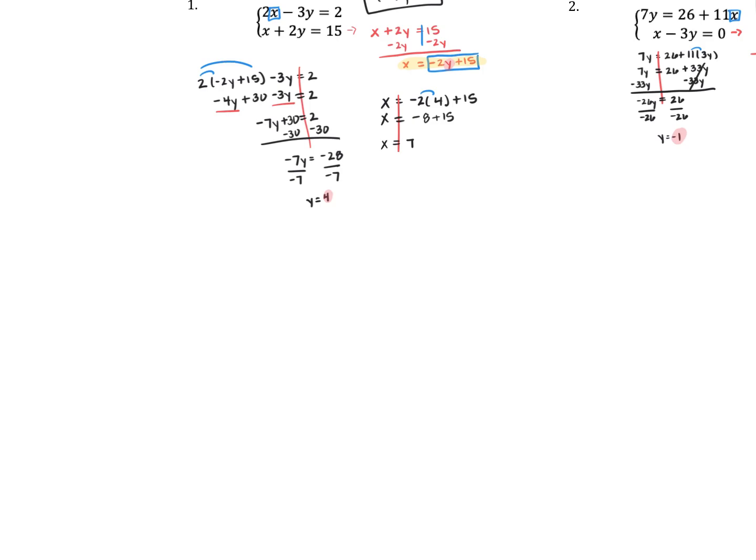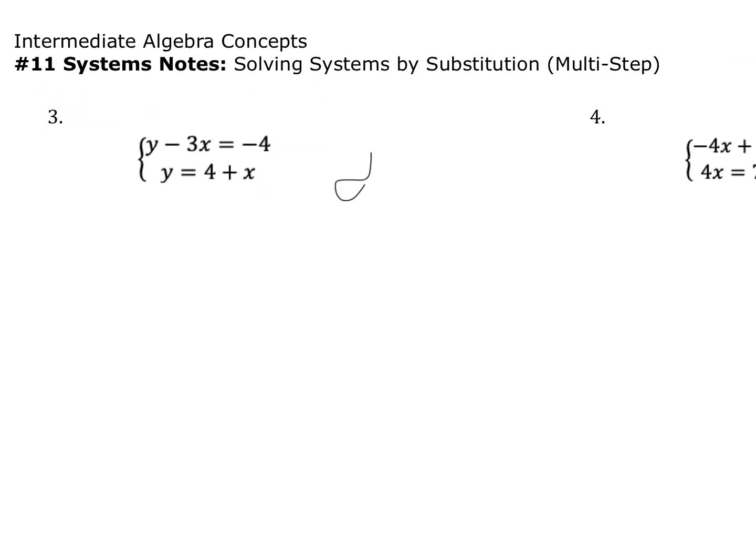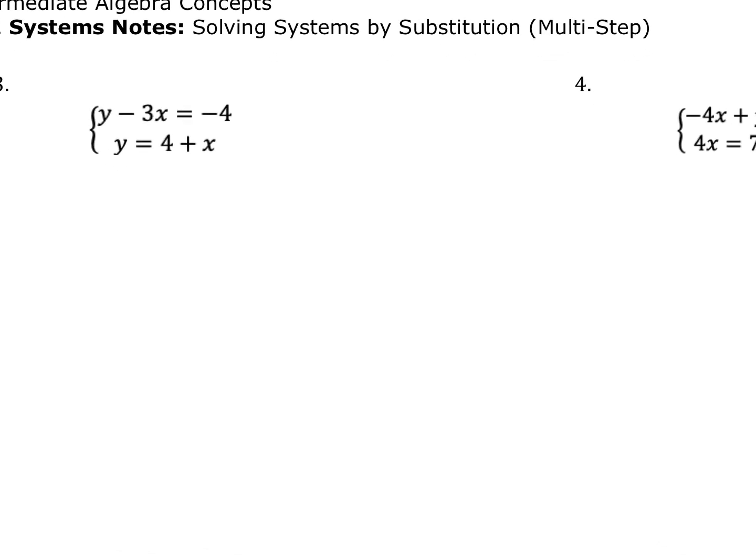Oops, we're going to flip the page over. You got to flip over to there. So here's number 3 right here. Okay, so looking at this one, I have y minus 3x equals negative 4, and I have y equals 4